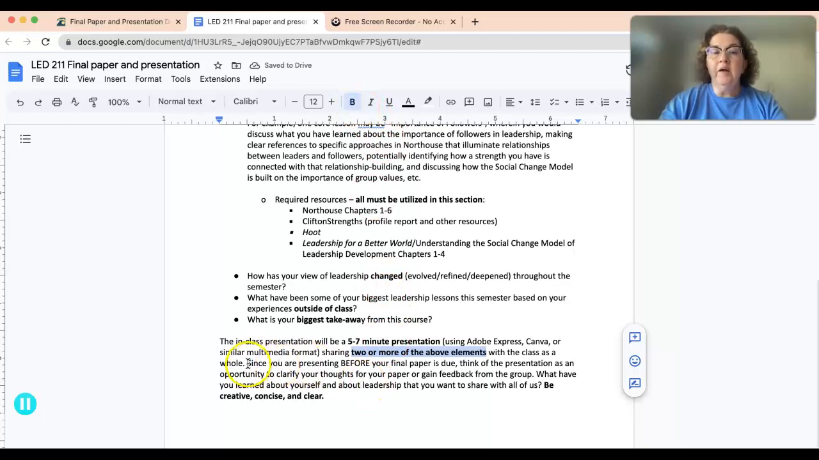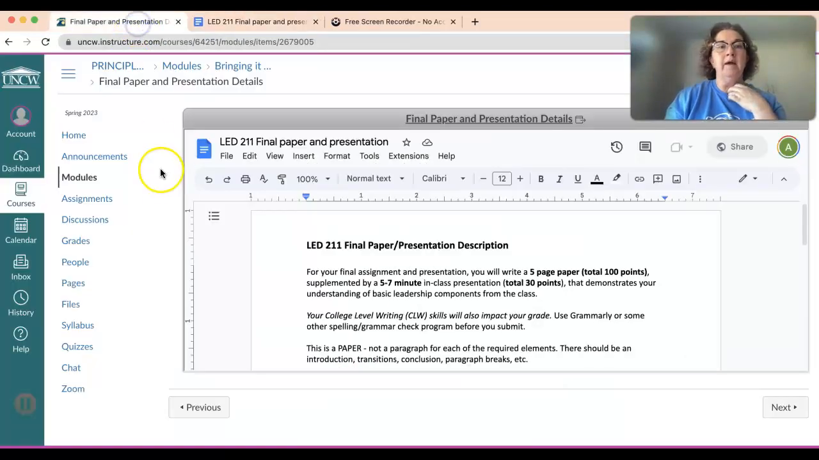I say here, just to help you, since you're presenting before your paper's due, you could think of this as an opportunity to clarify your thoughts and figure out what you're going with. Kind of like that consultation for your leadership profile and growth plan where you came in with 2 ideas and we talked about them, but this is going to be an actual presentation of the 2 things you'd like to share with the class from these required elements up above. So just to go back and recap,